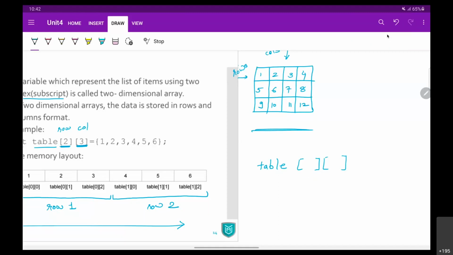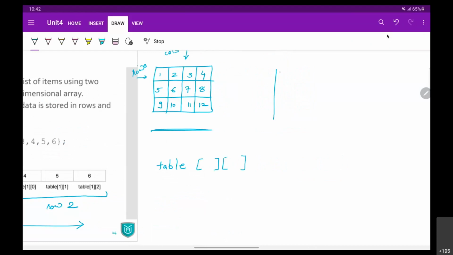And those are going to be the indexes. So look, index will always start from 0, right? So try to understand, if this is your two-dimensional array, then row numbers will start from 0, 1, and 2.